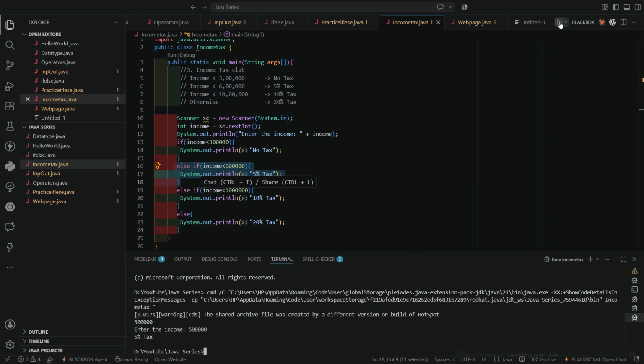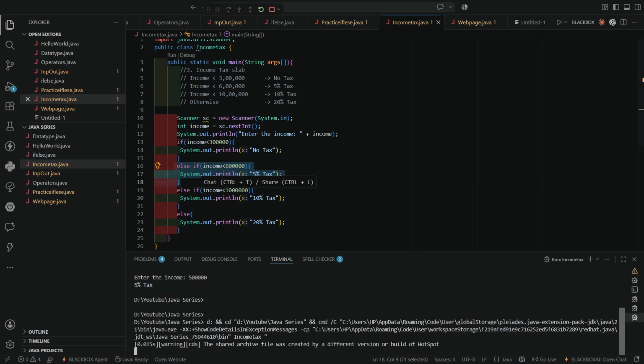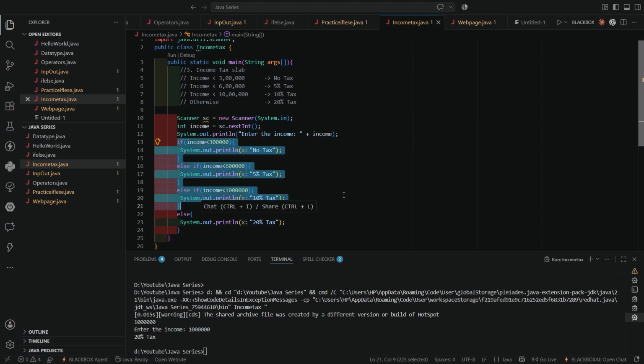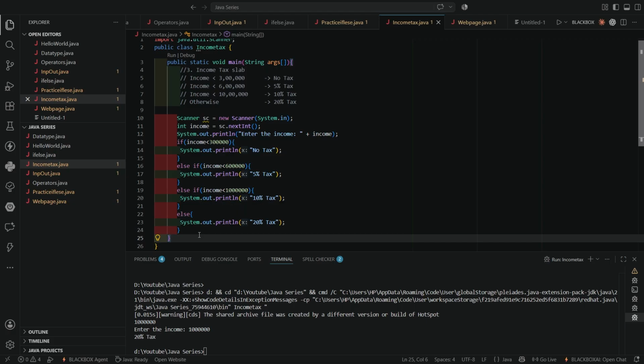Right? Now let me execute it again and enter more income. Now it will print 20% tax since the condition goes false for all the if statements, and finally the else gets printed. Clear?